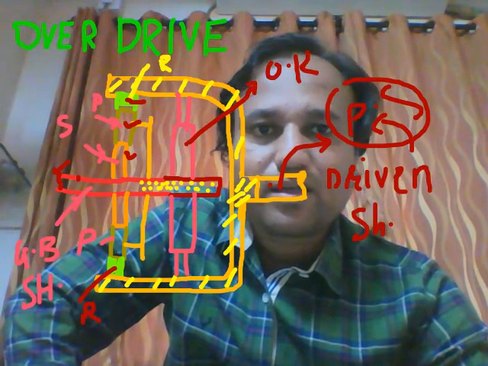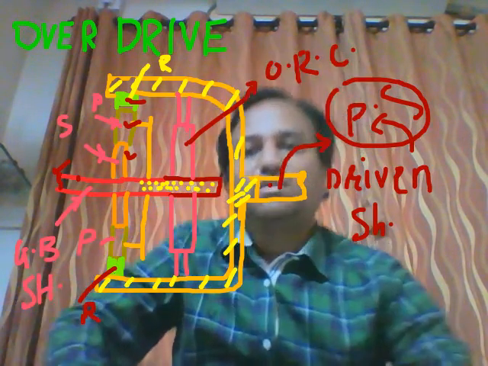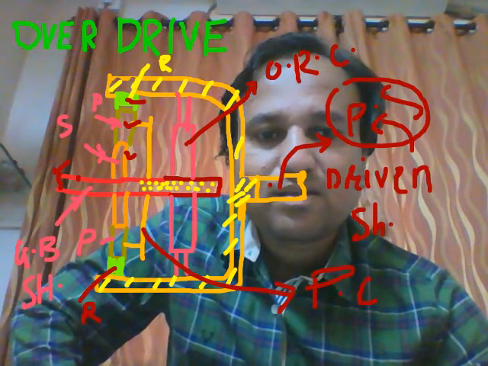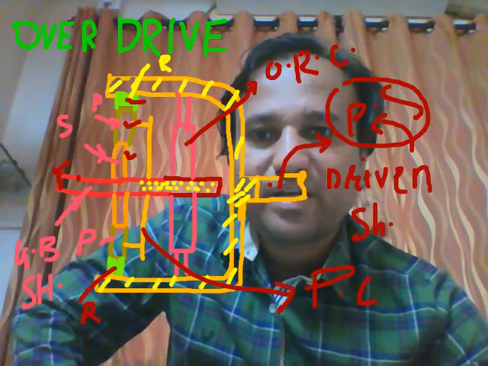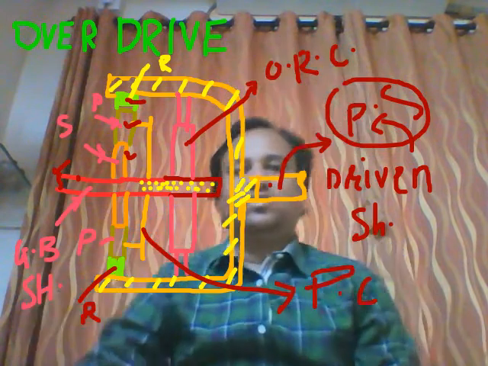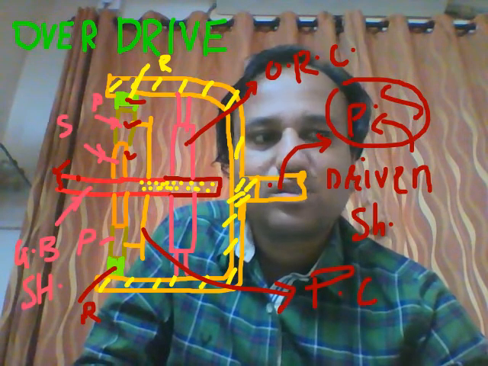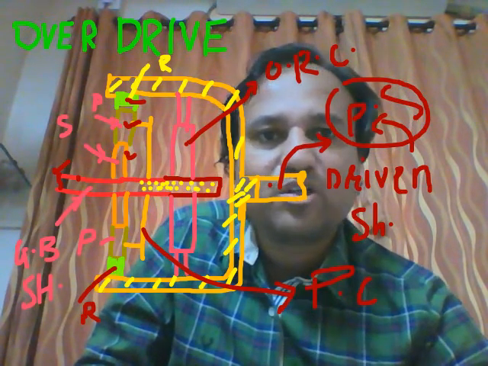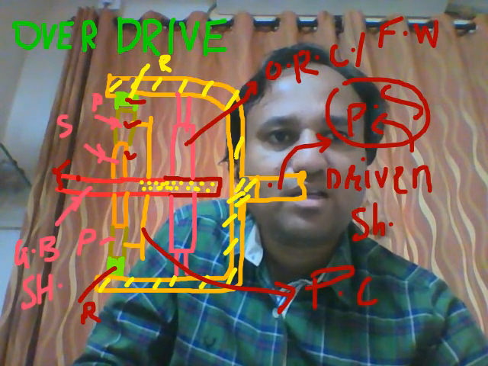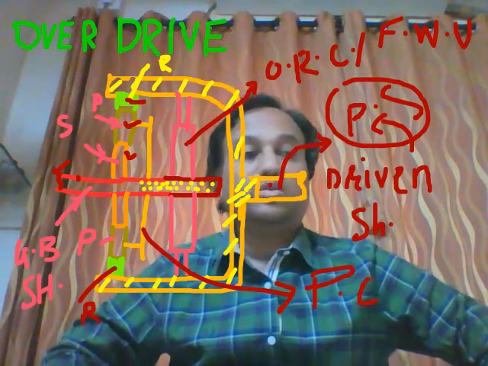Overrunning clutch, this is the planet carrier, so it will hold the planet gear, it supports the planet gear. So why overrunning clutch? This overrunning clutch is also called a free wheel unit. Another name of overrunning clutch is free wheel unit, so it allows